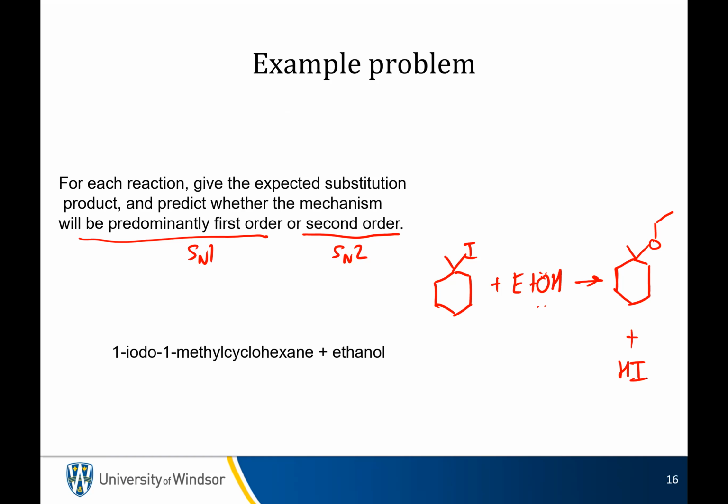So the question is, does that go by SN1 or SN2? And there's a lot of things you can ask yourself here. You have to look at all these different things and figure out what's more likely. You're playing a game of probabilities here. So remember what you need for these two. For the SN2, you want a strong nucleophile. You want an accessible carbon with the leaving group on it. You want a polar aprotic solvent. Those are the big three. And you want a good leaving group, but you want that for both of them, so that really doesn't help you.